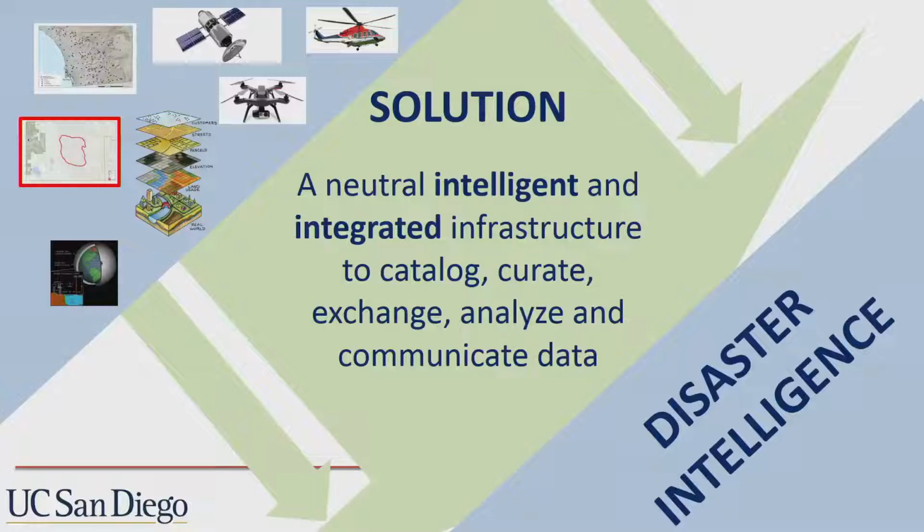I'll explain what that means, and integrated. And it creates a catalog. It creates ways to curate data downstream. Of course, some of the data will come to us in polished form, some of it maybe not as much, to exchange and analyze this data, parts of it, and work with the community to analyze and model those further,